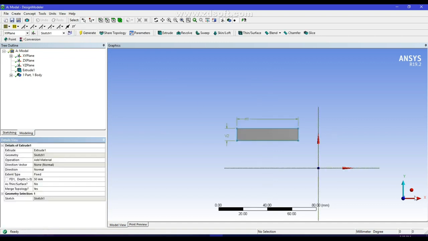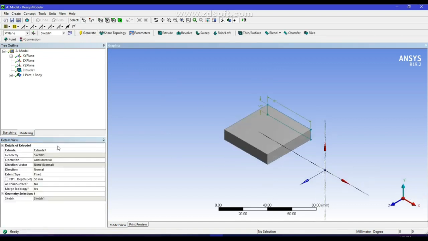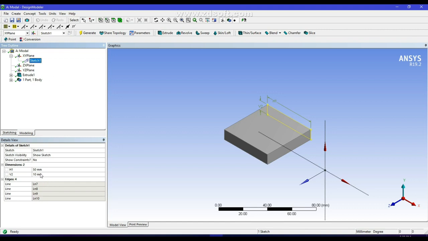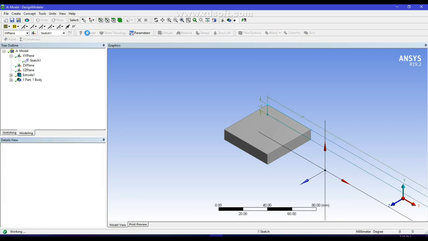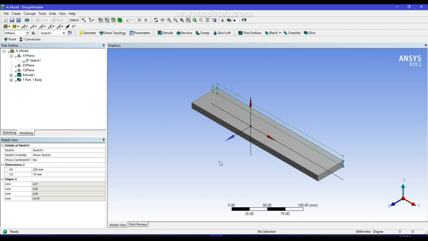We can make it isometric. Now, I think we made a mistake. Now the length is 250 millimeter, so make it again, generate. Yeah, so this is our